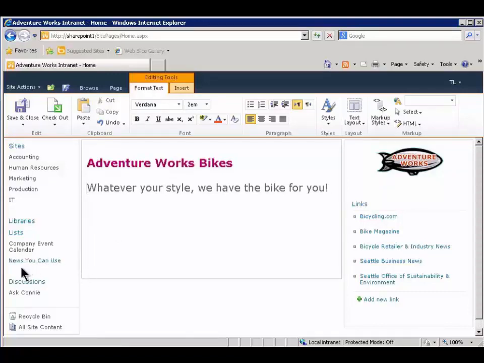So it's already been set up. It's been renamed News You Can Use, but it's kind of hidden over here on the quick launch bar, and I want it right here on the home page. So what I'm going to do is click where I'd like for it to go and come up here to the Insert ribbon,